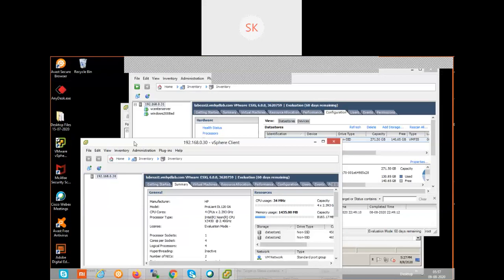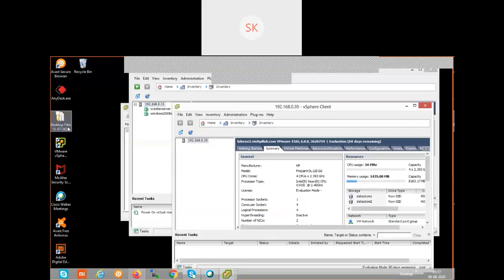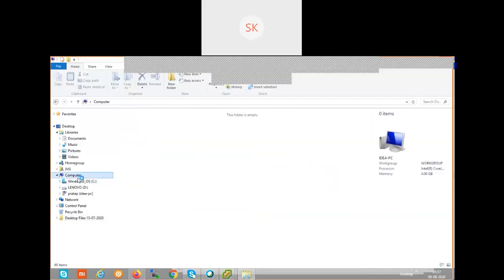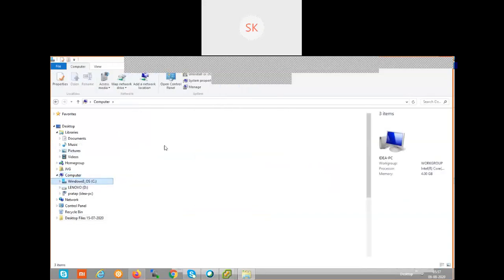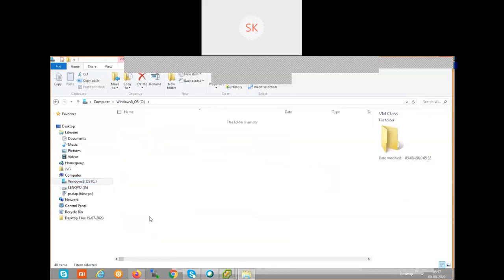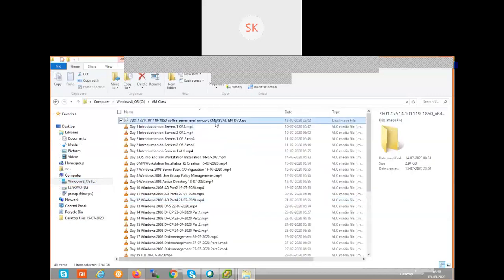We already downloaded the ISO image for this particular purpose. So where did you keep it? You are going to keep it in a location on the C drive or D drive, wherever you have the free space. We already downloaded that ISO image from a vendor site and kept it. What is an ISO image? We already downloaded this ISO, and it is available on my local system, on my C